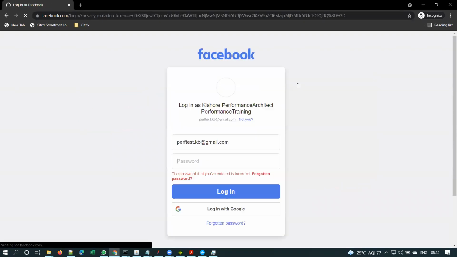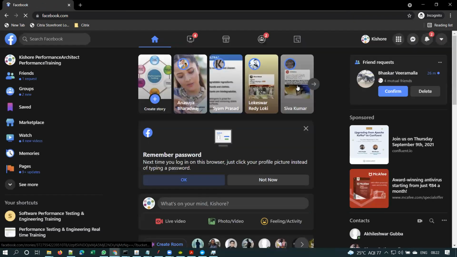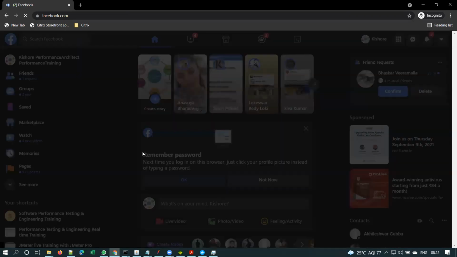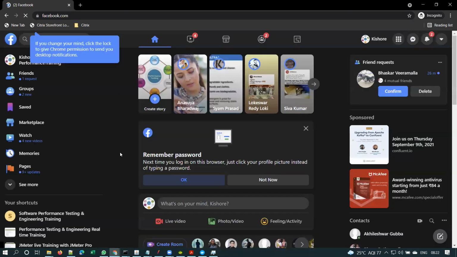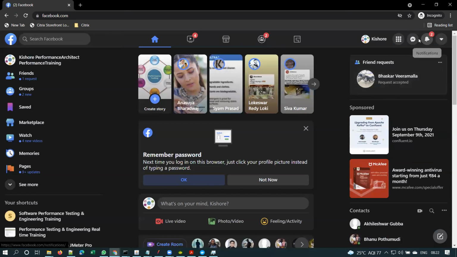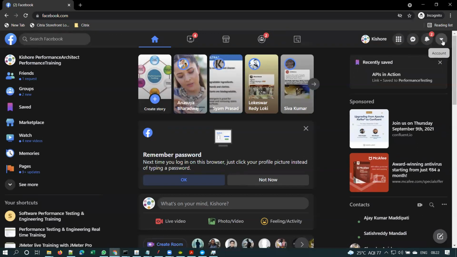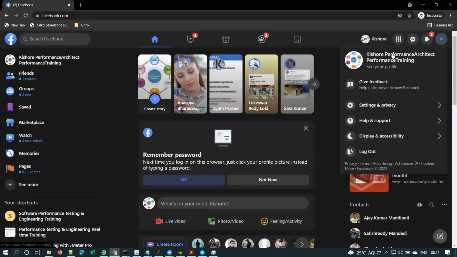Suppose I have two Facebook accounts, and I log into one of my accounts. Very recently, in the recent 1 year, they introduced some feature called account switcher. Did you observe that, anyone? Yes, sir.